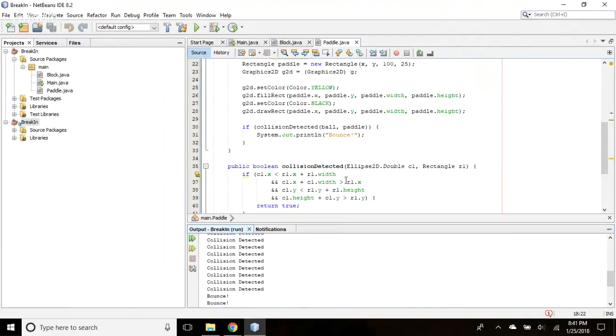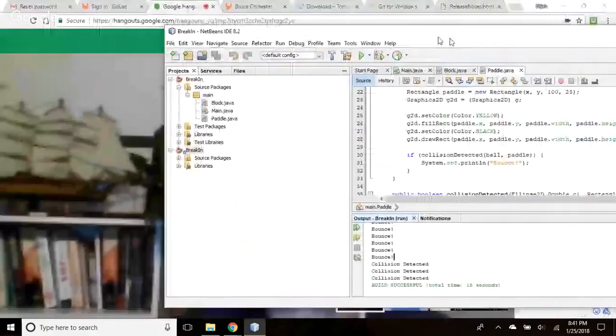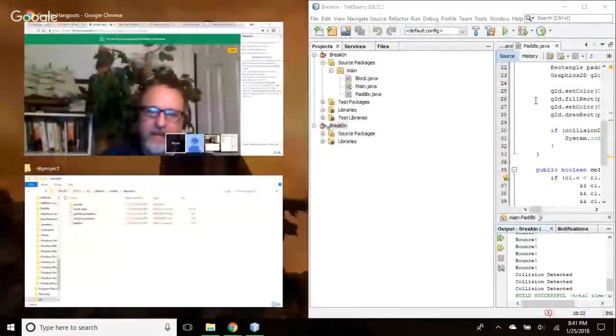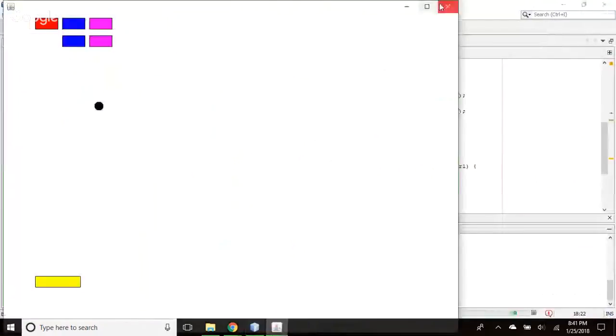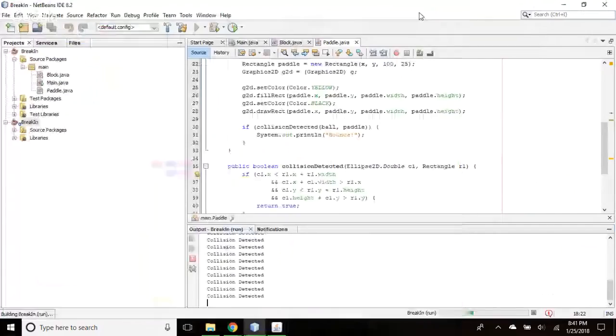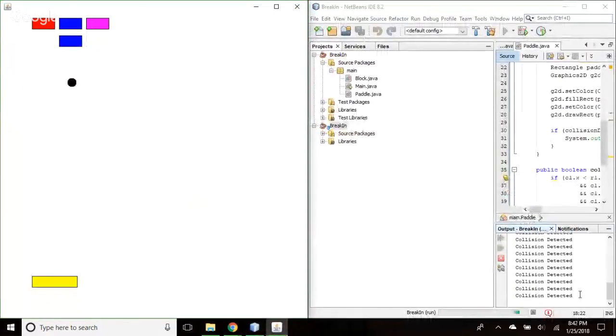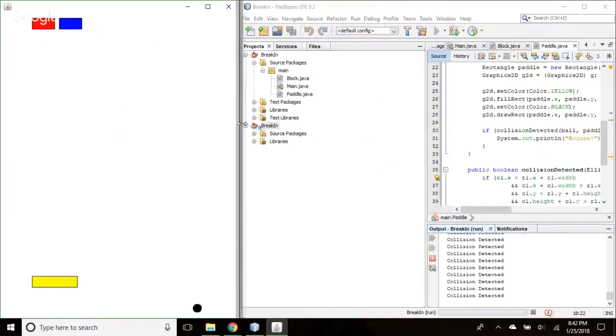So minimize this or change the size so we can see both things. I want to see the game and your development environment at the same time. Okay, let's try this. Yeah, like that. Let me play it. Yeah, there you go. So you can see it down here in my corner. I'll make it a little taller because I've got the sharing environment thing that's blocking half of your text. Is that better?